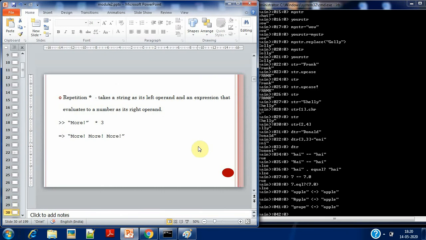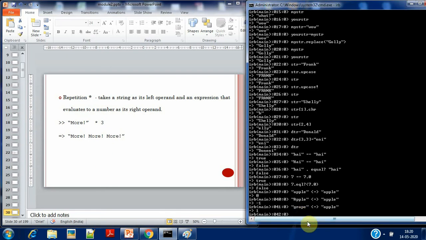Okay, next one you have is repetition. So what is this repetition? It takes a string as its left operand and an expression that evaluates to a number as its right operand. So how many times the particular string should be repeated? For that purpose you can go for the repetition method.